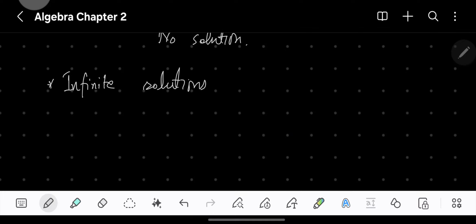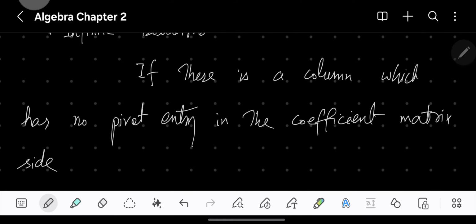Okay, the last case is infinite solutions. If each column doesn't have a pivot entry, for example, if there is a column which doesn't have a pivot entry, and there is no contradiction, let me write. So if there is a column which has no pivot entry in the coefficient matrix side and there is no contradiction,